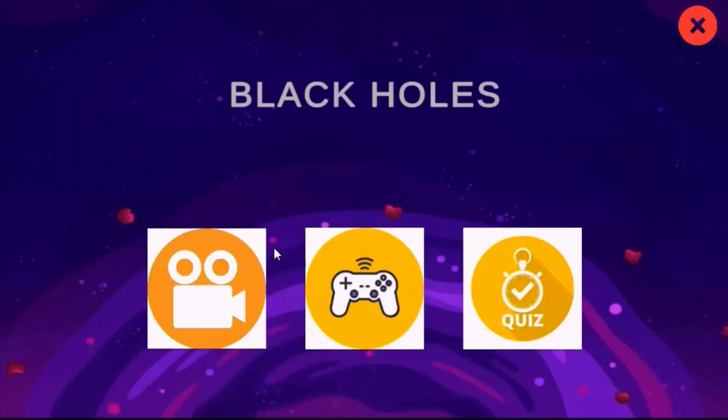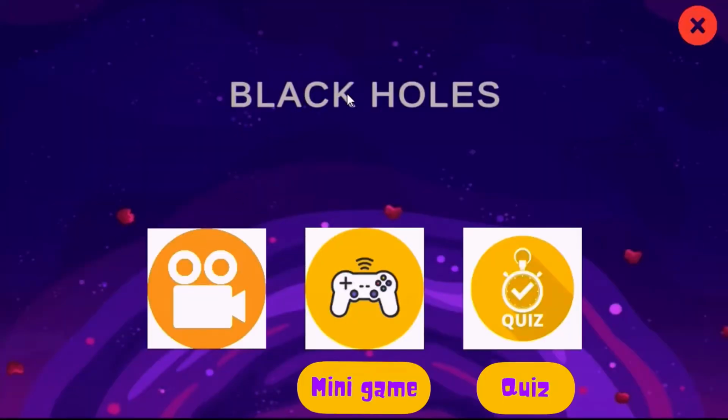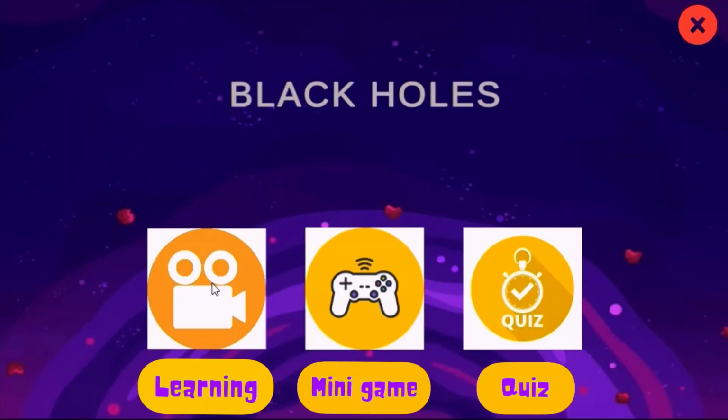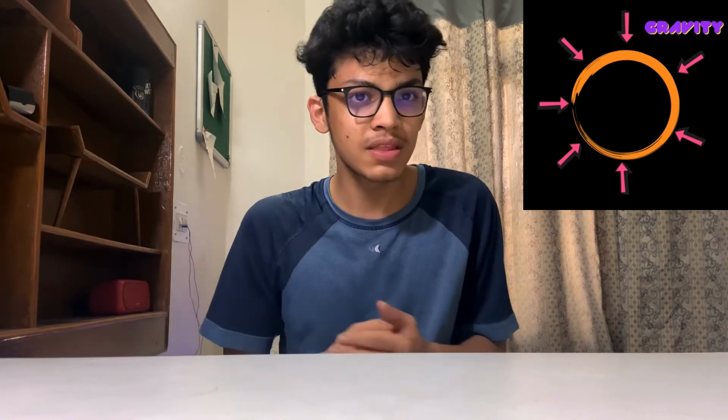The game consists of mainly 3 sections: a quiz, a fun mini game, and the learning section. The learning section comprises of an animated video created completely by us. The animation touches upon all sorts of topics related to black holes, from its birth till its death. It talks about topics such as supernova explosions, singularity and event horizons of black holes, and even theories such as